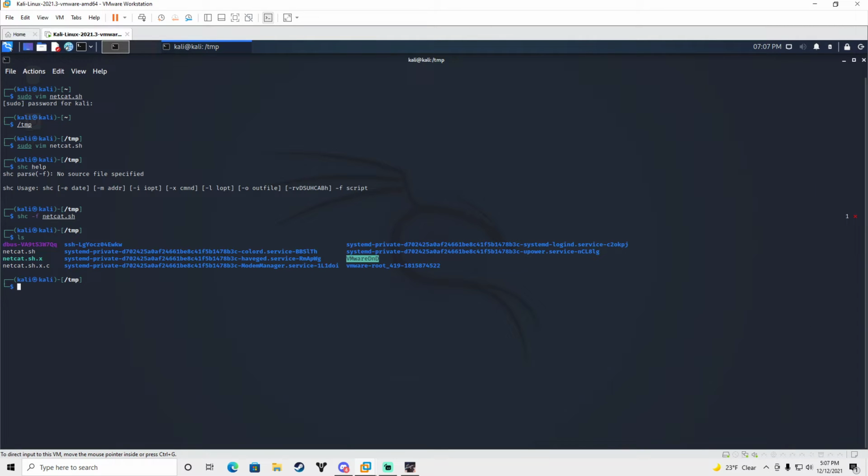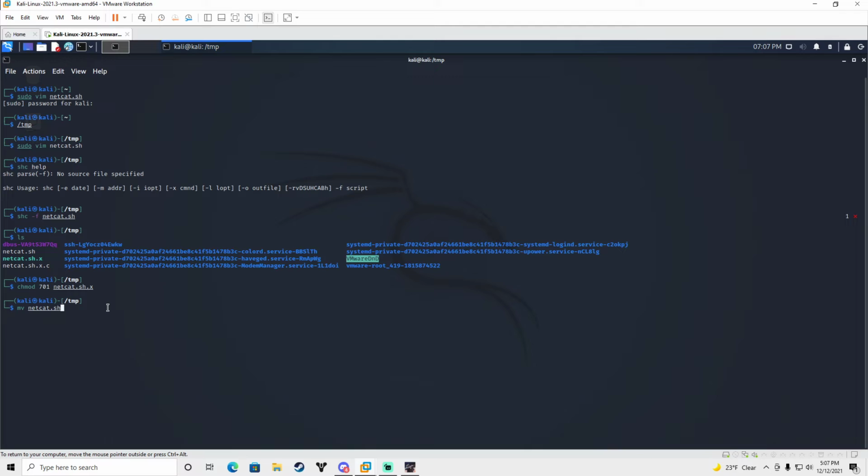And then the very last thing that you're going to want to do is change permissions. So we're going to do chmod 701. That's just the permissions that we're doing for this. You know, permissions, it's pretty basic. And then we're going to do netcat.sh.x. Again, .x is the binary one. Then we're going to move that file. So we're going to move netcat.sh.x. Where do you move that? That just gets moved into